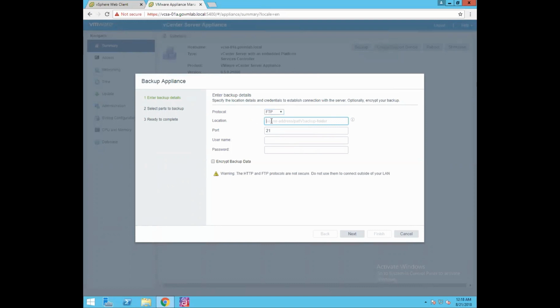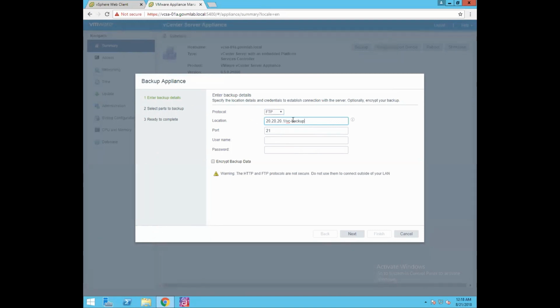Now provide the location where you want to back up your VCSA appliance or your vCenter Server data. I have an FTP server running, so I'll provide the FTP location 20.20.20.1/vc-backup.